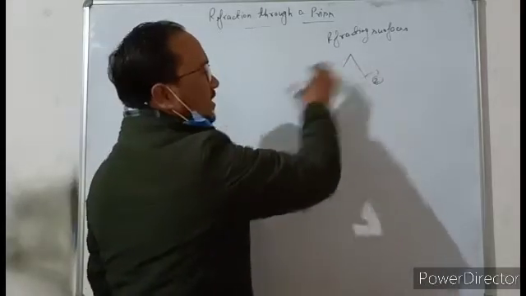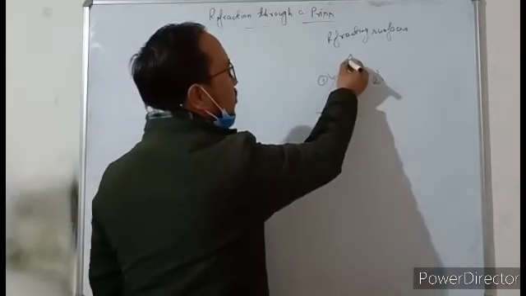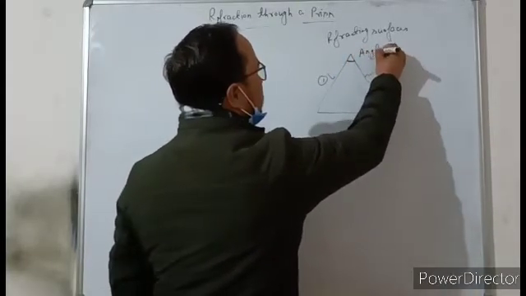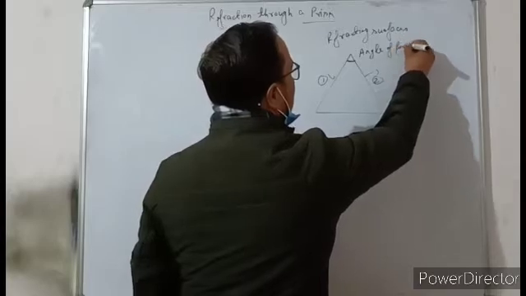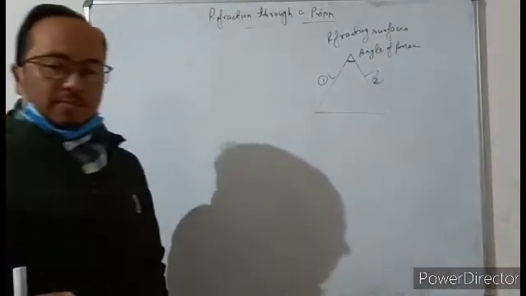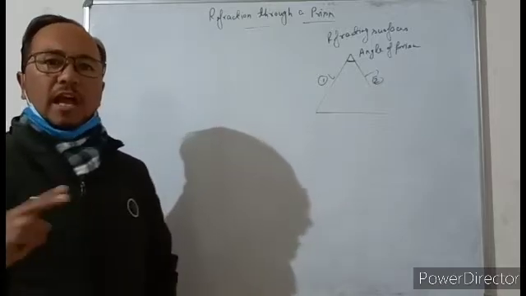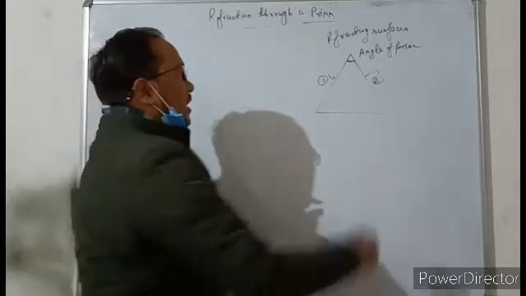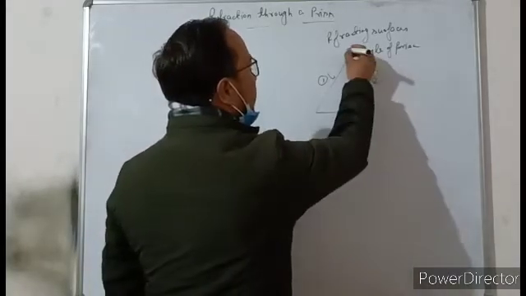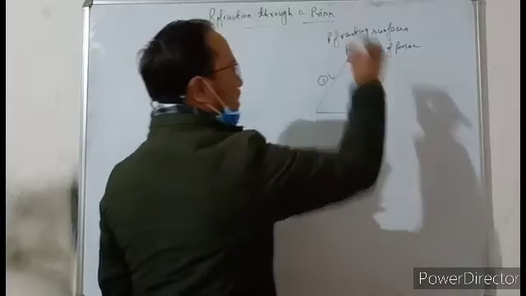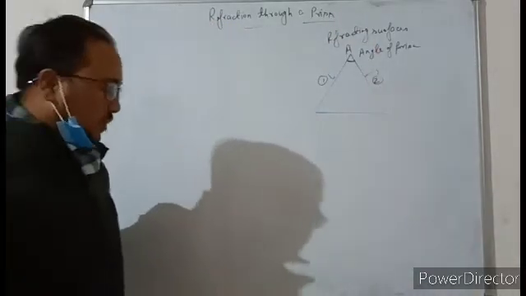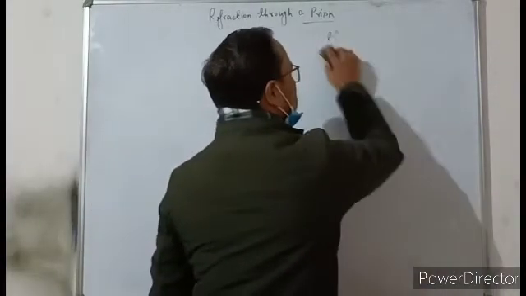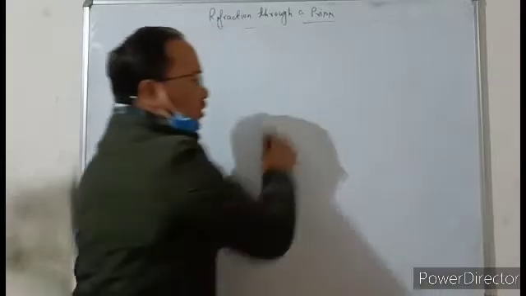Then these are two refracting surfaces and the angle between the two refracting surfaces is always known as angle of prism. So ध्यान रखिएगा students. Prism has two refracting surfaces and the angle between these two refracting surfaces is known as angle of prism. In this case, this is the angle of prism and the angle of prism is generally denoted as A, capital A. So now we make a diagram to show how light is refracted through the prism.